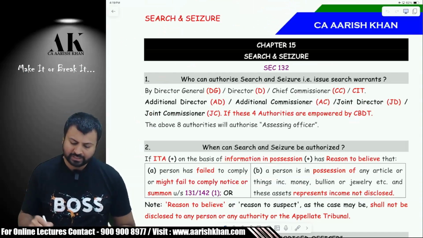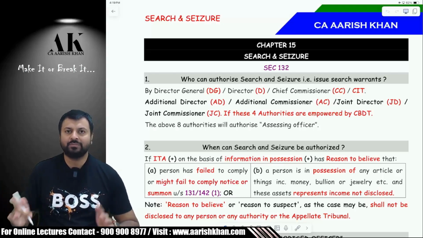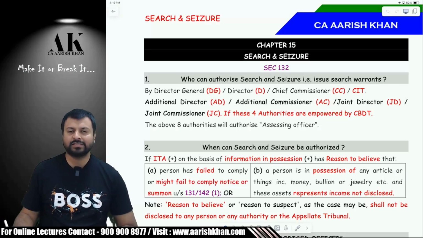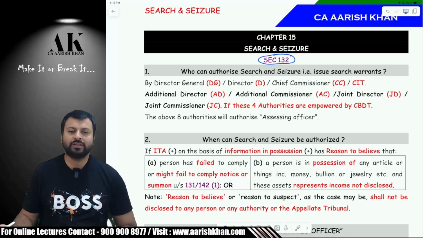So let's go ahead with the next part, and that is one of the biggest powers under the income tax law that is there with the income tax department, that is search and seizure. Search and seizure is nothing but your raid. Now for that purpose, section 132 is the relevant section over here, and the very first thing that we need